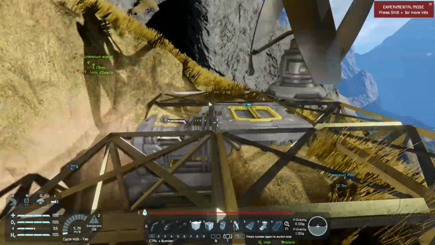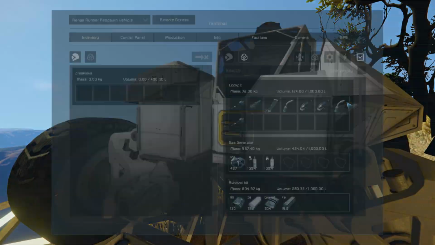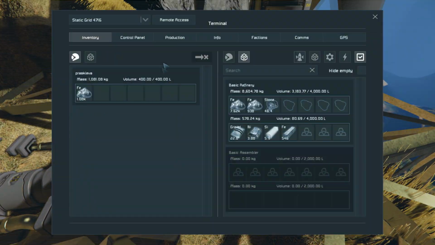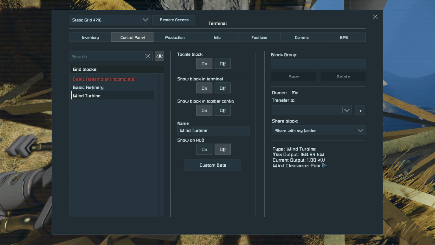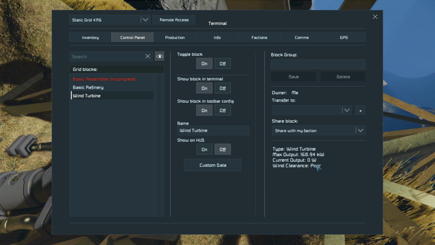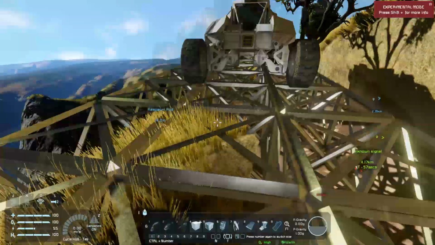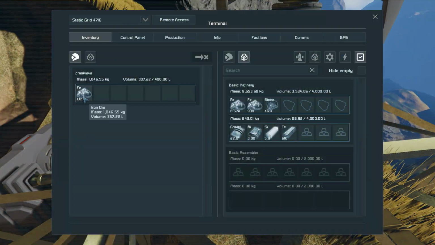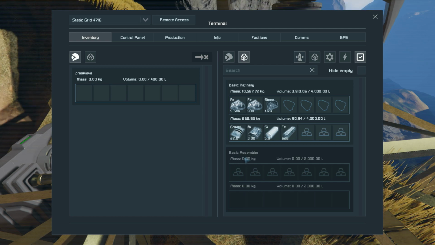Well, that's really good to know that one of those generators can deal with the load from this refinery. I wonder. Let's see. Control panel, wind turbine. So it actually generates a pretty reasonable amount. It has poor wind clearance, and it's still doing almost 200. 100 whatever kilowatts, 160, 100. Yeah, 68. That seems like it's actually pretty good for now. I'm probably not going to stick with wind power long term. Might have a couple of those running, but...